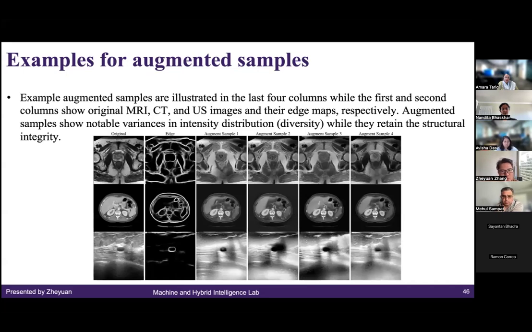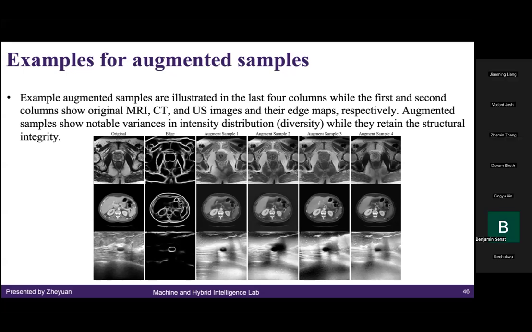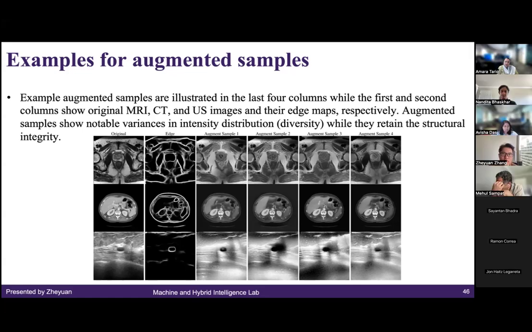So based on this principle, we generated several samples. And you can see that the generated sample itself, compared with the original one, is very different. Some of these patterns might even not be accurate in terms of MRI devices, or in CT or ultrasound. But it maintains very accurate structure information. And this structure integrity itself can be used for accurate segmentation.